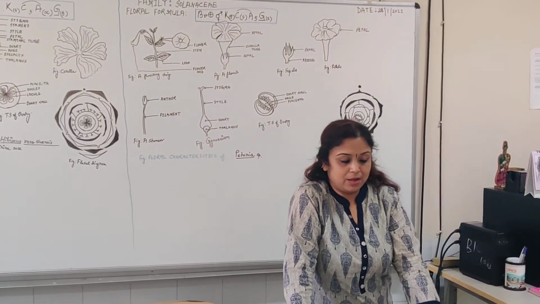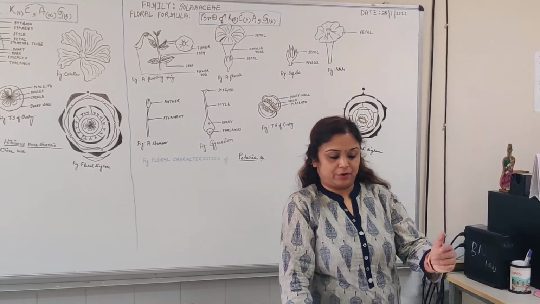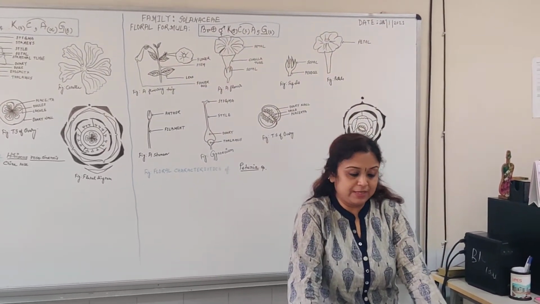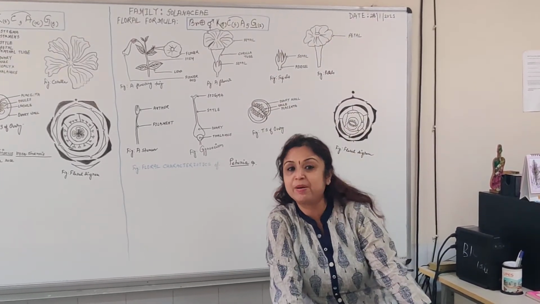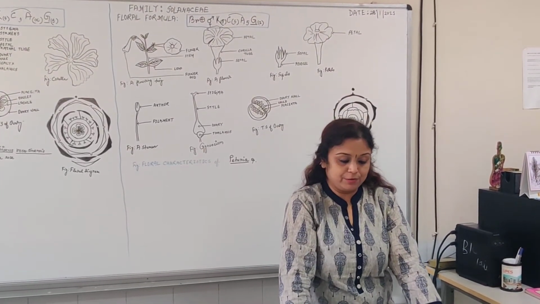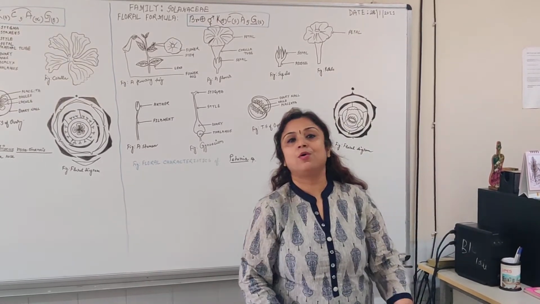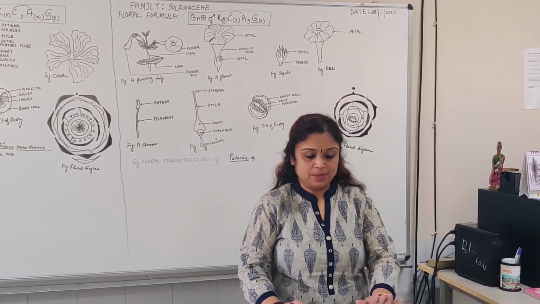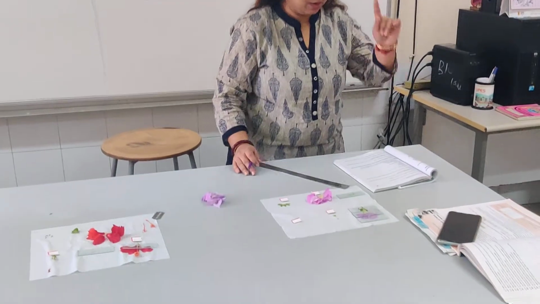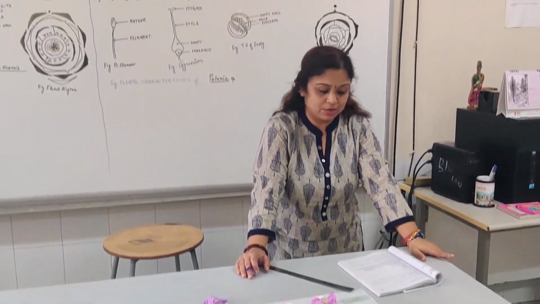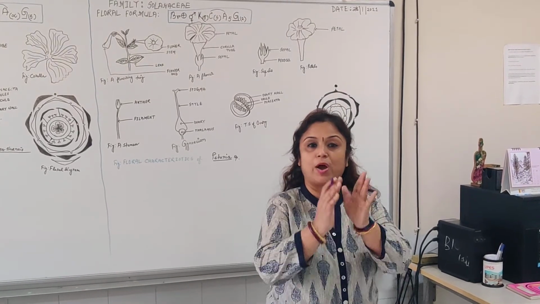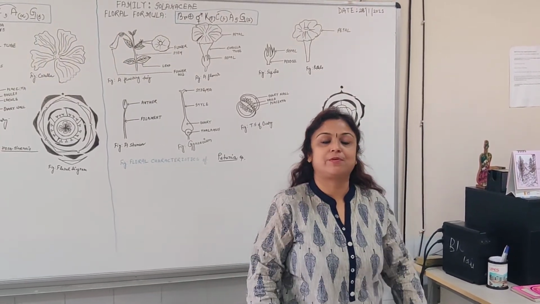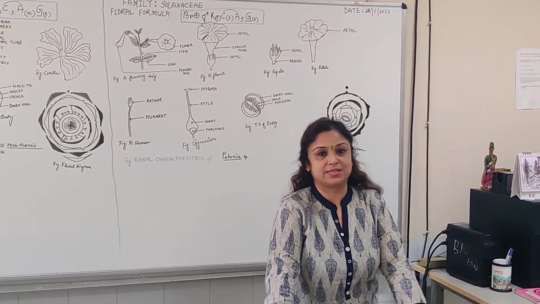Now, the important features I've already told you: valvate, 5 stamens on the corolla tube, ovary bilocular with many ovules, swollen placenta with oblique septum. This is the complete description. One important thing I missed out: the corolla is funnel shaped with a wide mouth. This campanulate shape of the corolla you have to mention in your dissection.